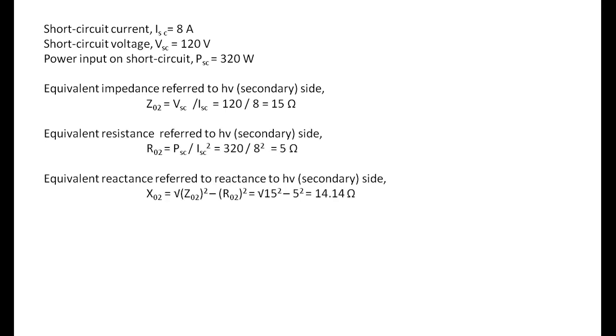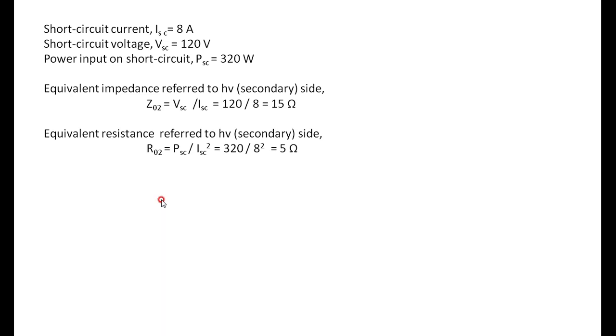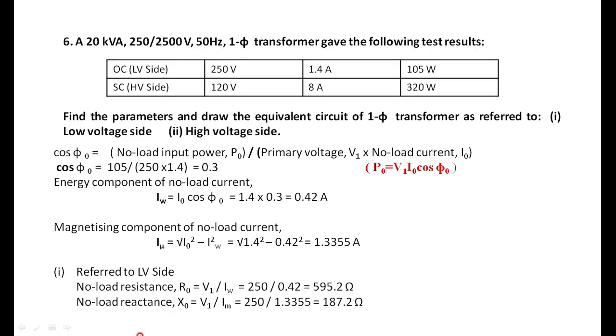We have already calculated RO2 and XO2. It is already there: the equivalent resistance referred to the secondary side and the equivalent reactance referred to the secondary side. The only thing is that you have to transfer this R0, X0 to the secondary side, because R0 and X0 were calculated on the LV side. You have to convert them into the secondary side by multiplying K square times R0 and K square times X0, and you have to redraw